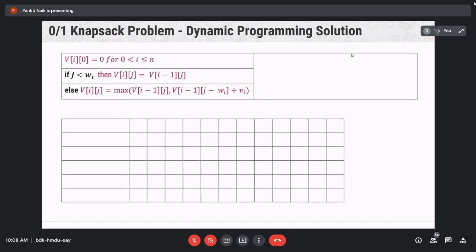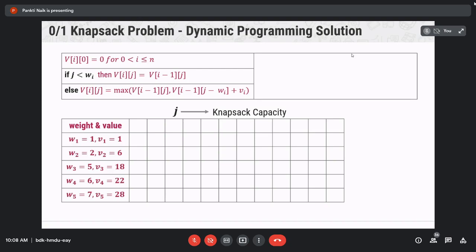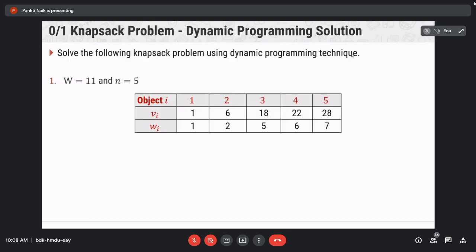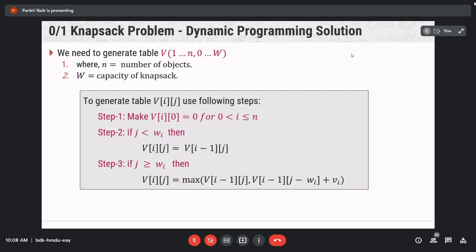Now let us draw the table to solve the knapsack problem. The j column is the knapsack capacity, and the row value goes from 1 to n.